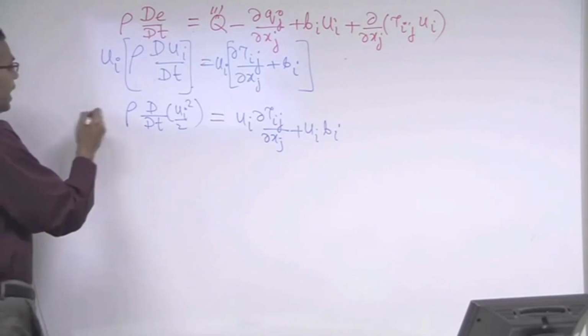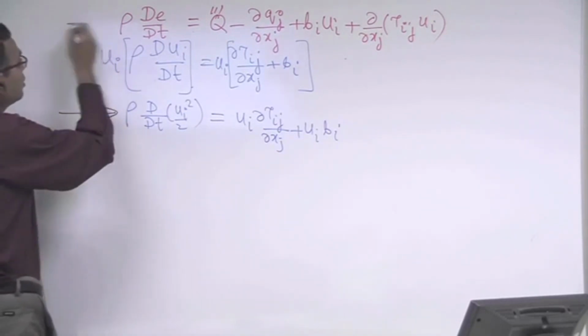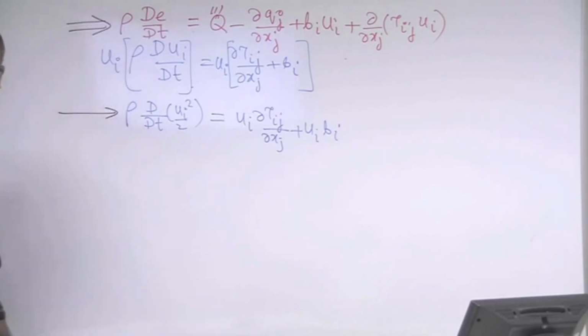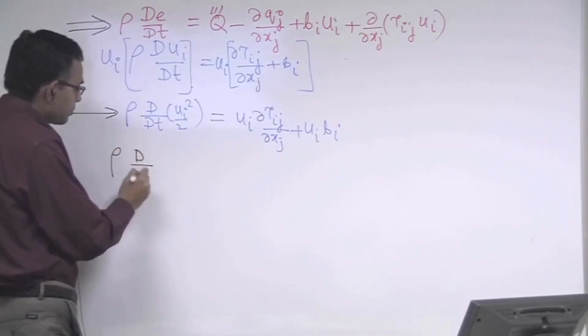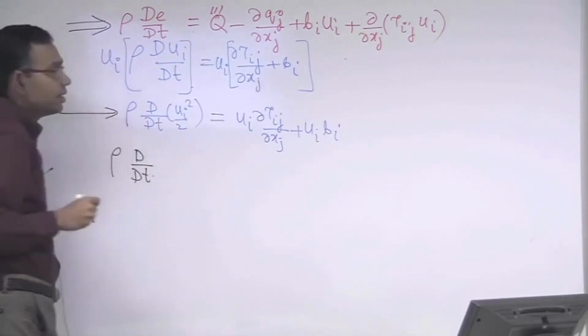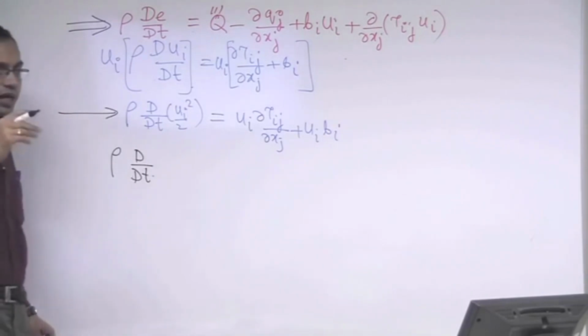Now, we subtract this equation from this equation. If we do that, you have rho d/dt. See, what we are claiming is that if